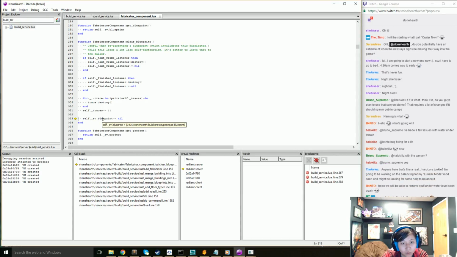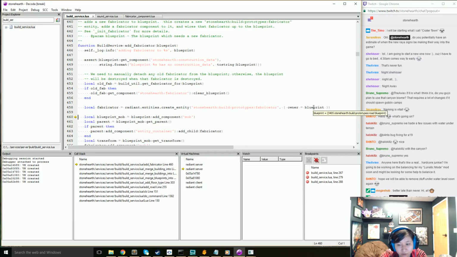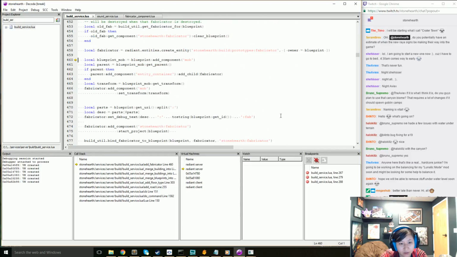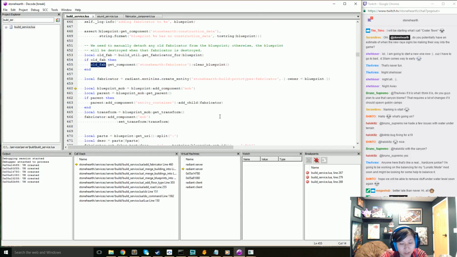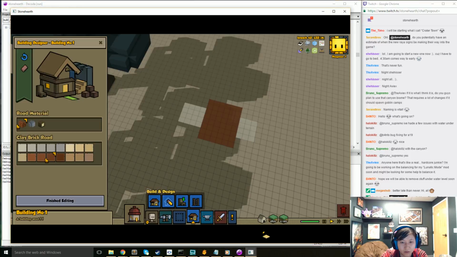So the old fabricator should no longer have a blueprint. One of the fabricators actually has no blueprint. We create a new fabricator for this thing that has a blueprint. What do we do with the old fabricator? Oh geez. Does the old fabricator just stick around? Alright, so